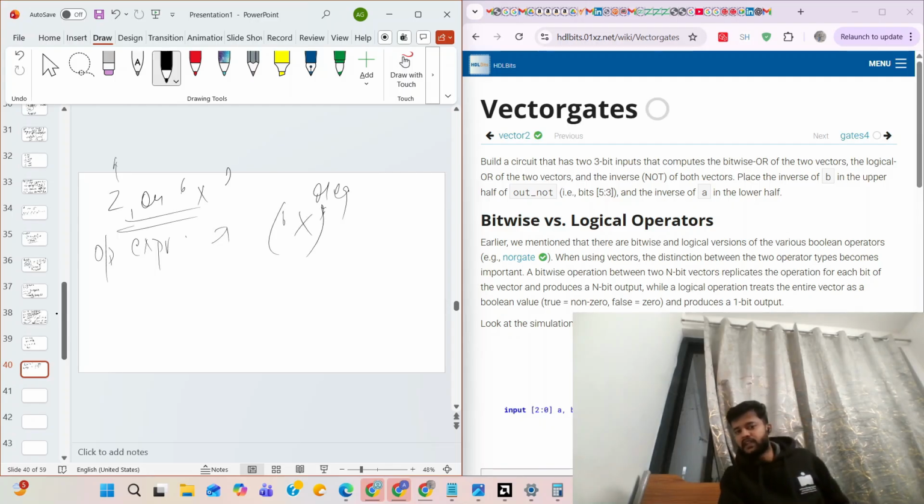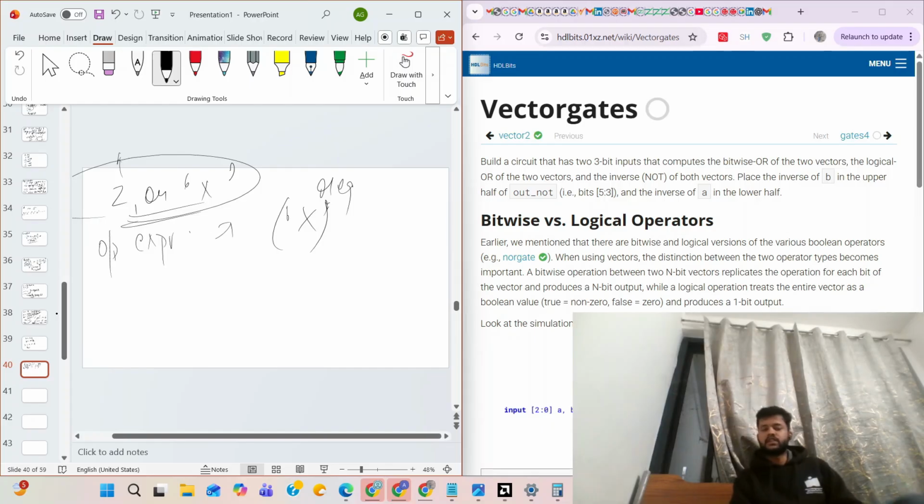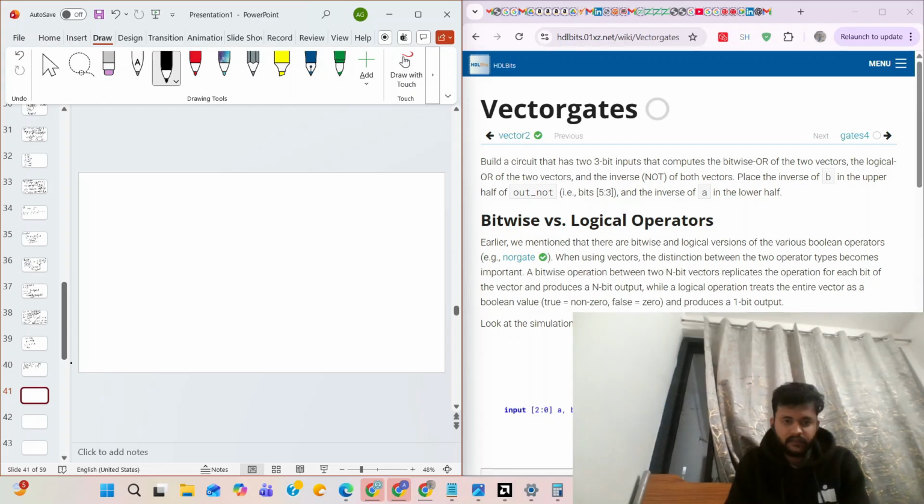If one of these two is present in an expression, in your reg or wire, it will automatically give that output as unknown. Logical operators always evaluate to one bit output only. Reduction and relational operators also, like comparison, greater than, those operators.